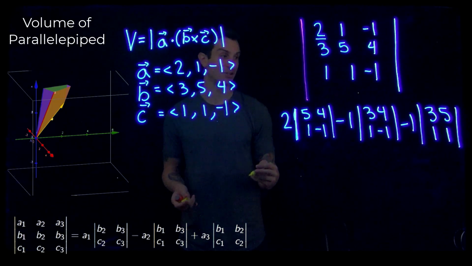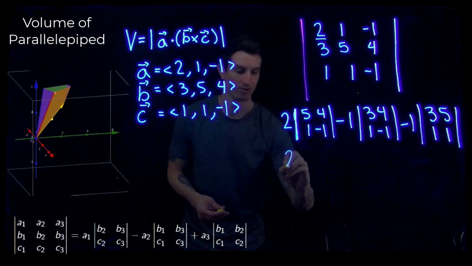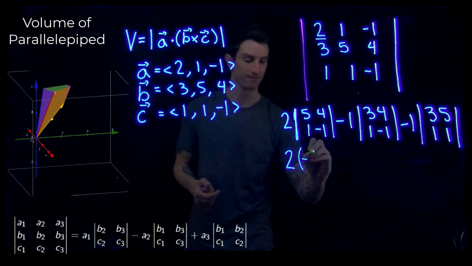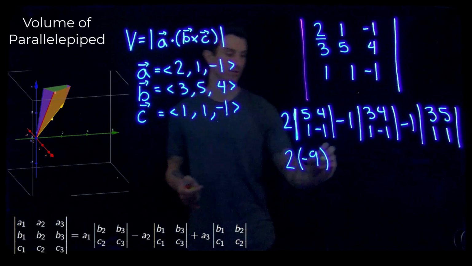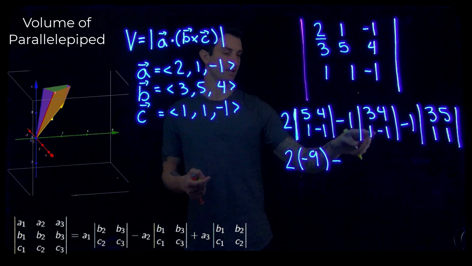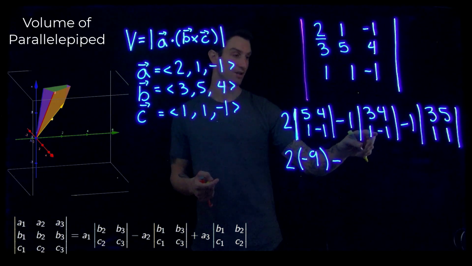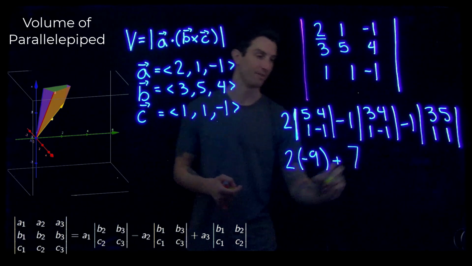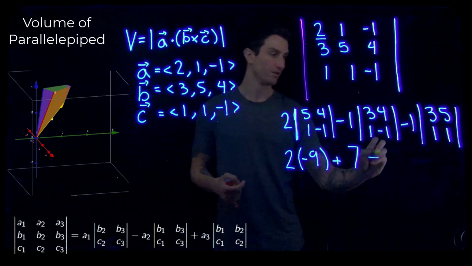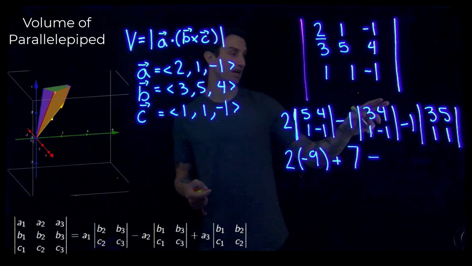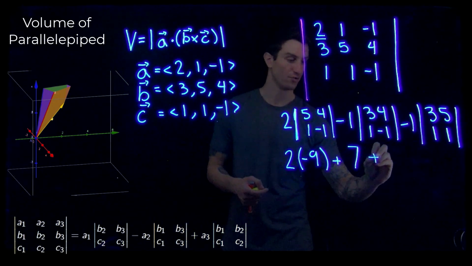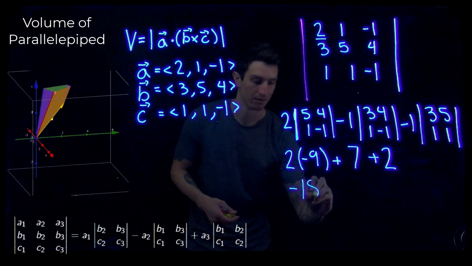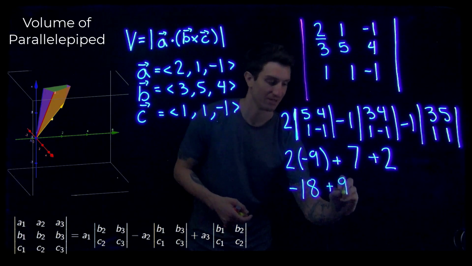Okay, so now computing some 2 by 2 determinants. We have 2, and I'm going to do this part in my head. 5 times negative 1, negative 5, minus 4, negative 9. Moving on, we have minus, this is going to be 3 times negative 1, negative 3, minus 4, so negative 7, but we have another negative sign, so we'll just put plus 7. We don't need to multiply that by 1, we know how to do that. And now we have minus 3 times 1, 3, minus 5, negative 2, times a negative 1, plus 2. So after everything is said and done, this ends up being negative 18 plus 9 gives us a negative